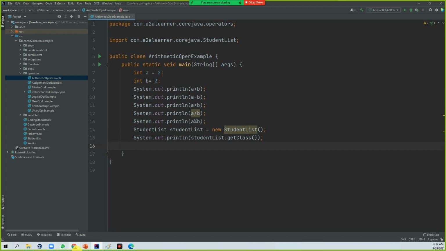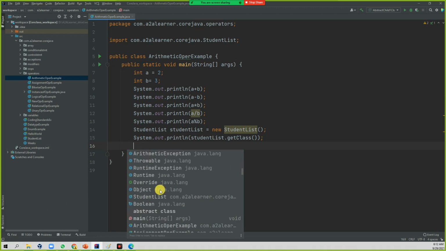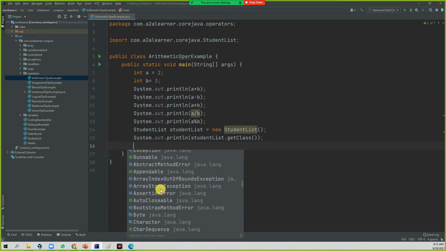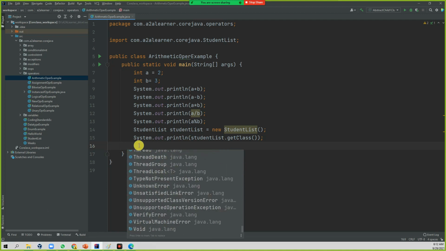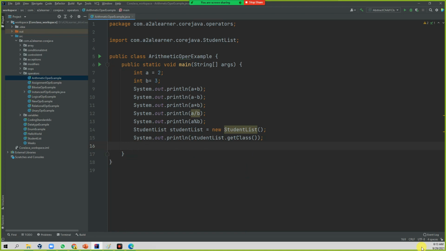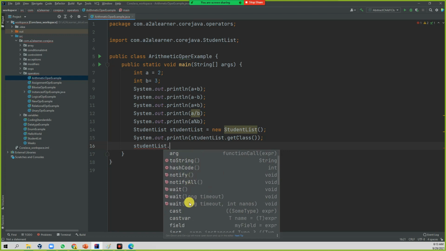The second one is student list, which is one of the classes. Here you see toString, hashCode, notifyAll, wait, equals, getClass.